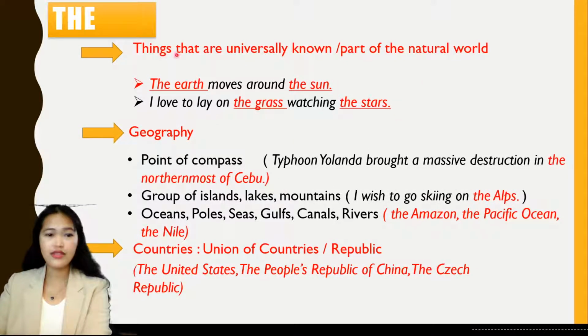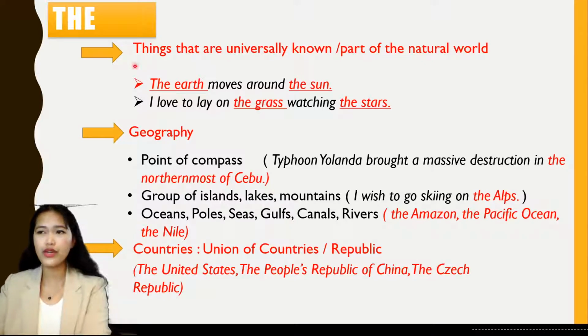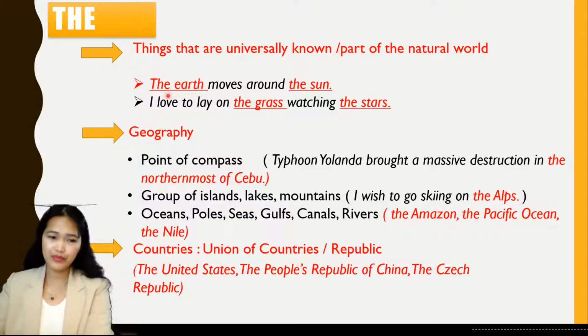We use "the" for things that are universally known or part of the natural world. For example, we say the earth, and the way you pronounce "the" could be "thee" or "thuh." When the word starts with a vowel sound, we say "thee earth." The earth moves around the sun. It starts with a consonant sound, so we say "the sun." That is universally known, or it is a part of the world,